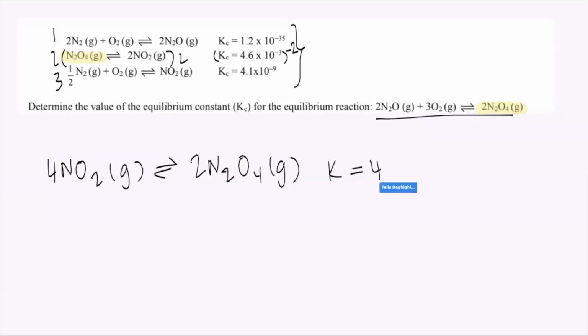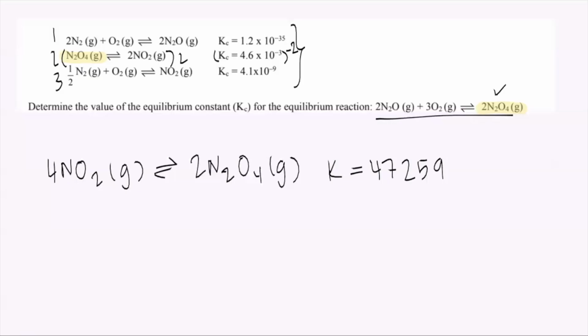K is 47,259. Let's just say that. Keep the unrounded number in your calculator. Okay, now I've taken care of N2O4. Okay, now the next thing I'm going to do is try to find another reactant or product that is in